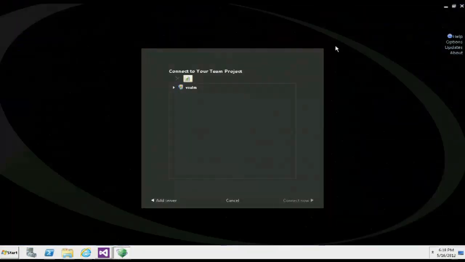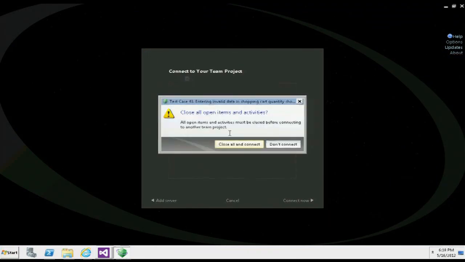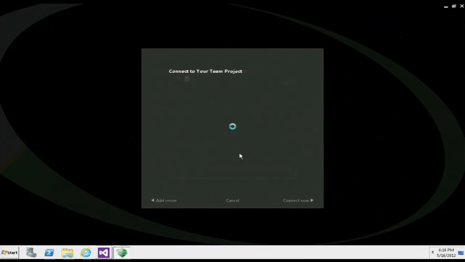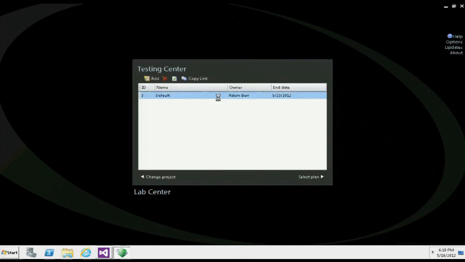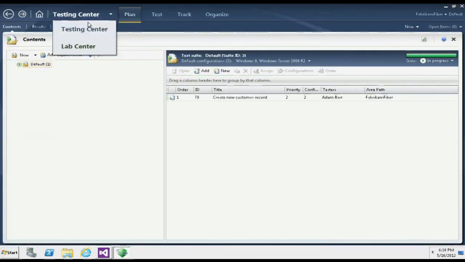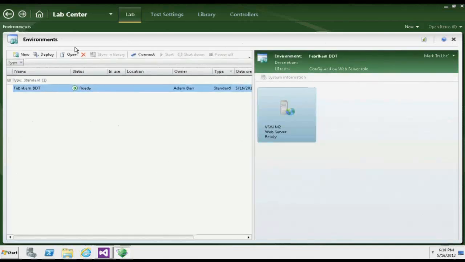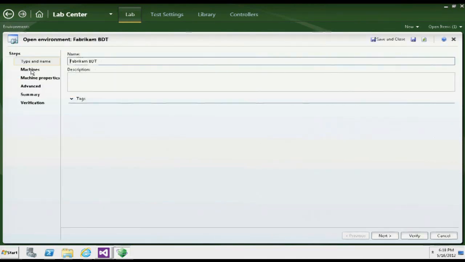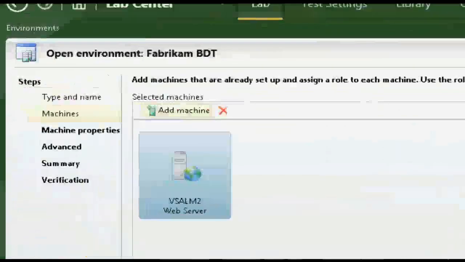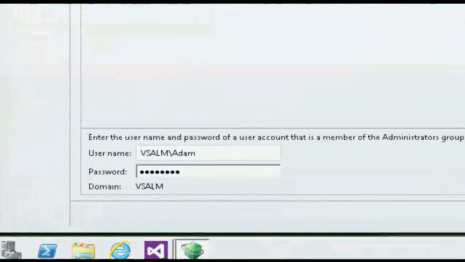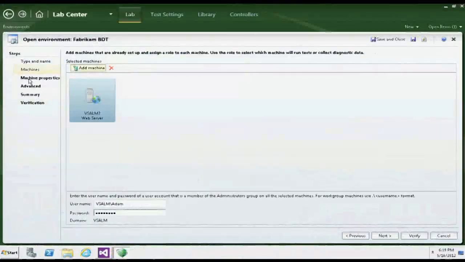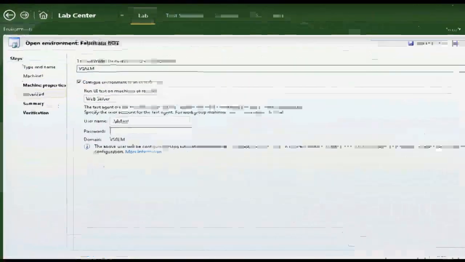And in order for me to set up that environment, I'll just switch to my other project here. When I set up that environment, I came into the lab center. So we've been in the test center all morning, but now I'm switching to the lab center. And I set up this environment by just clicking on New. I'm not going to set up a new one from scratch, but I'll show you the things I needed to specify. All I needed to do is say the name of the machine, the administrative credentials that are required to